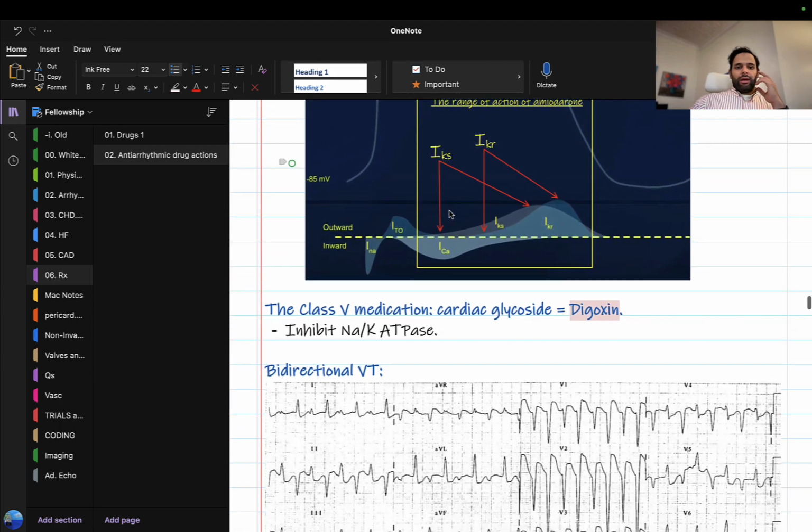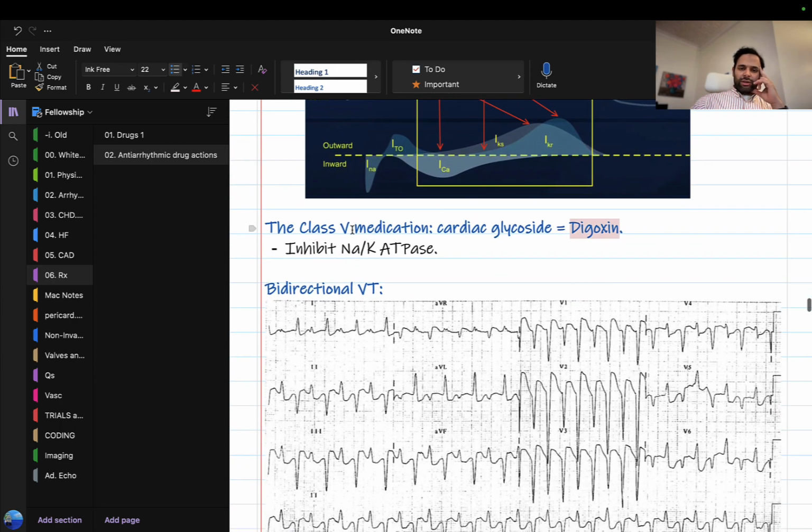So, all right, the class 5 medication that we're concerned with is digoxin. It's a cardiac glycoside. It inhibits the sodium-potassium ATPase. To me, that's important because we already said that the most important pro-arrhythmic medications are class 1 and class 3, but I want to include this one because the mechanisms of proarrhythmias include calcium overload, which will lead to bidirectional VT. If you inhibit the sodium-potassium ATPase, that will inhibit the regulation of calcium currents into the cytosol relative to the extracellular compartment. So digoxin toxicity can lead to bidirectional VT.